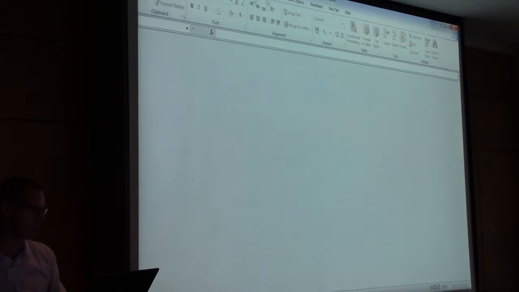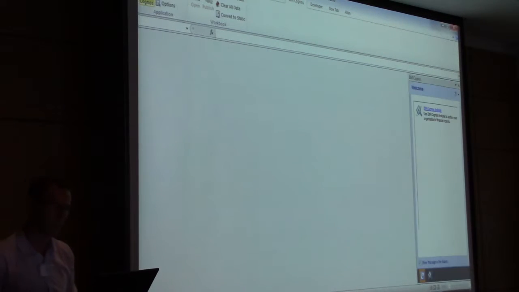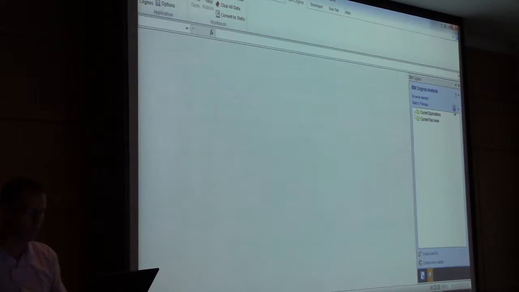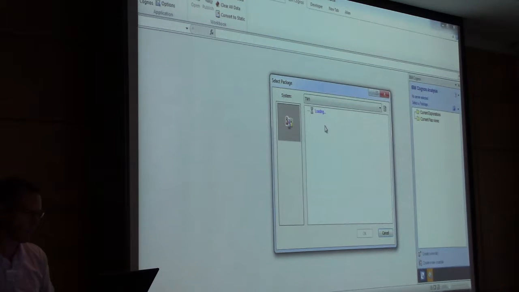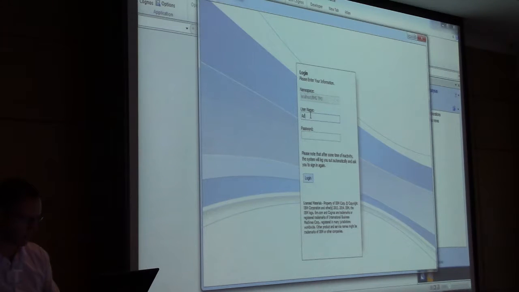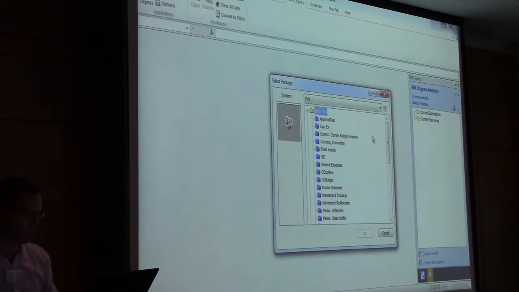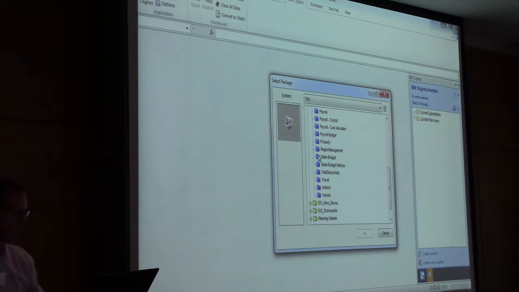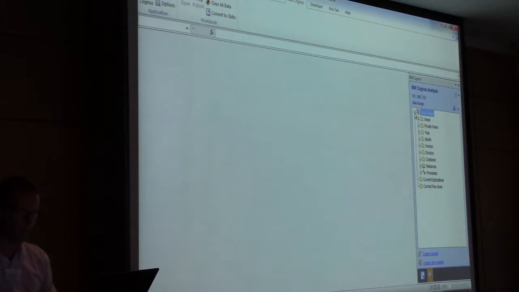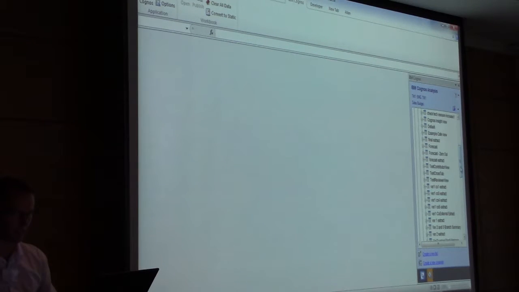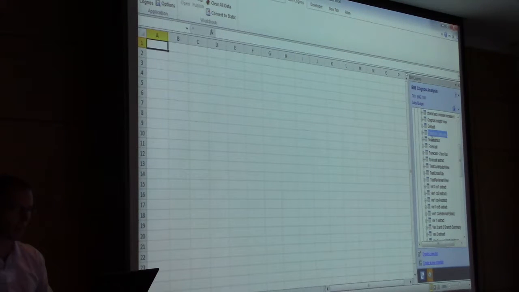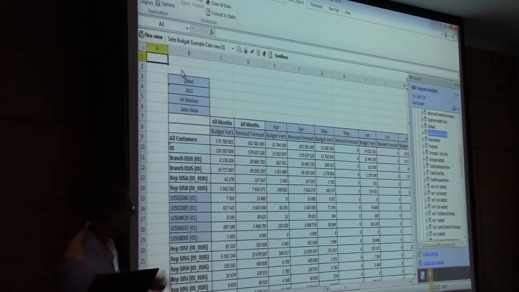So I'll take you through it. I quite like it. I haven't spent too much time on it, but the little bit that I have, I'm excited for the future. So the idea is that you would open the area that you want to work in. So these will be your different areas in the model. Again, the same login would apply, and then you'll have the same views. So if I click on the sales budget cube and I take you into a view, I will be able to take a blank workbook, take an example Cafe view and drag it in, and it's basically going to render your cube view into Excel, which is quite nice.